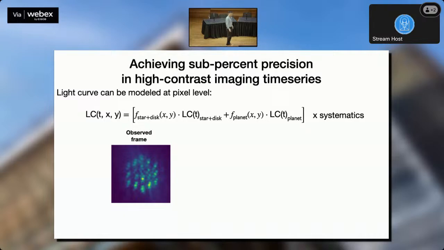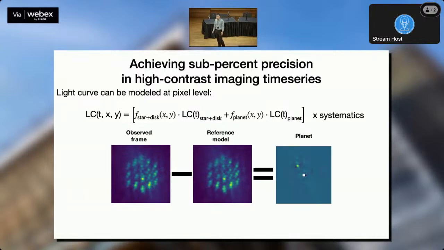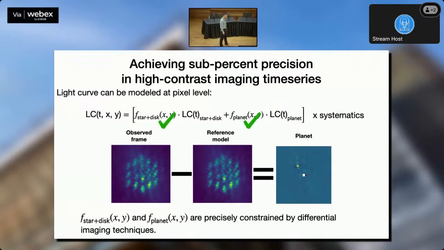Looking at the image, thanks to the powerful coronagraph on JWST, we can use the reference star to do a very precise subtraction to reveal a clean image of this planet. Looks so lovely to me. And this is not just a lovely image. Because of this image, we can also solve two terms in this equation: the fraction of light coming from the star versus the fraction of light coming from the planet.